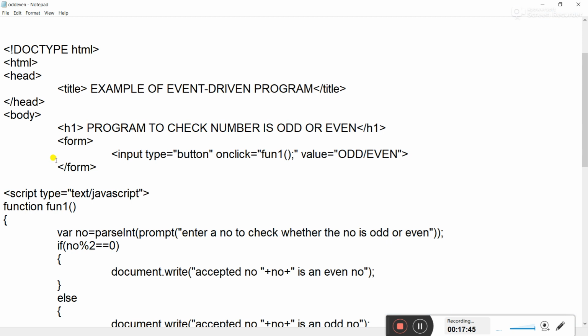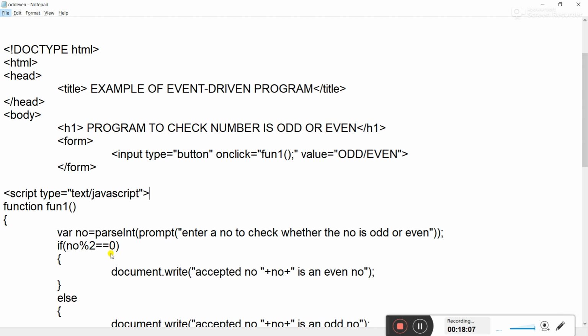what we did, we are going to ask the user to enter the number. User has entered the 5, right? User has entered 5 as a number, and that 5 is saved in this number variable. Then that 5 divided by 2 will return the remainder as 1. Correct, it will return the remainder as 1.